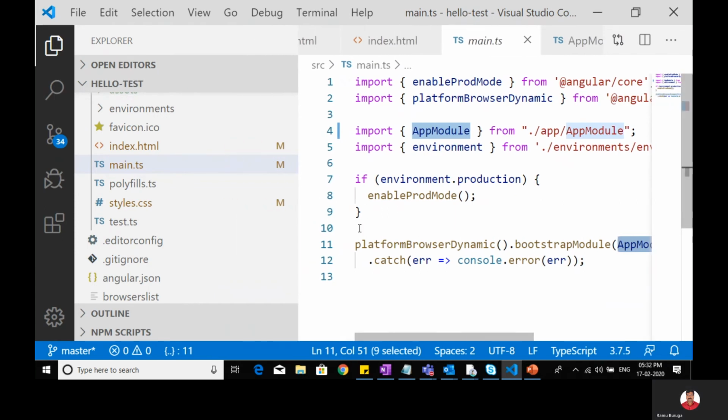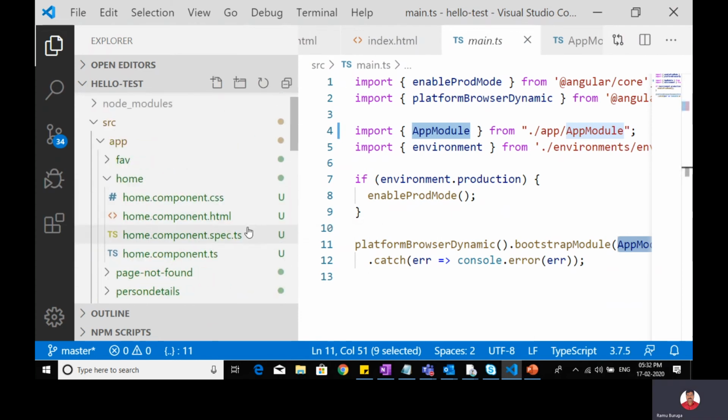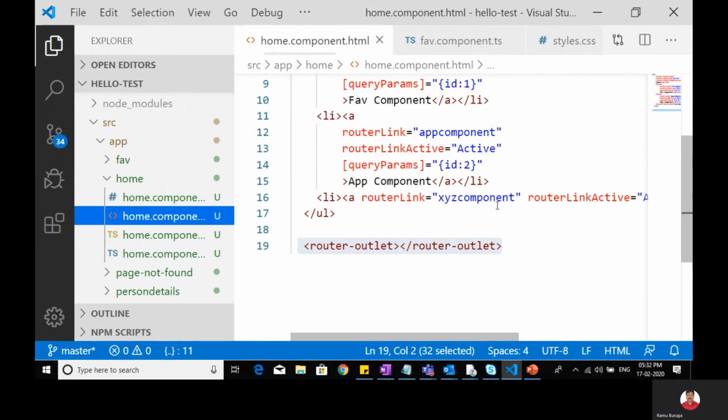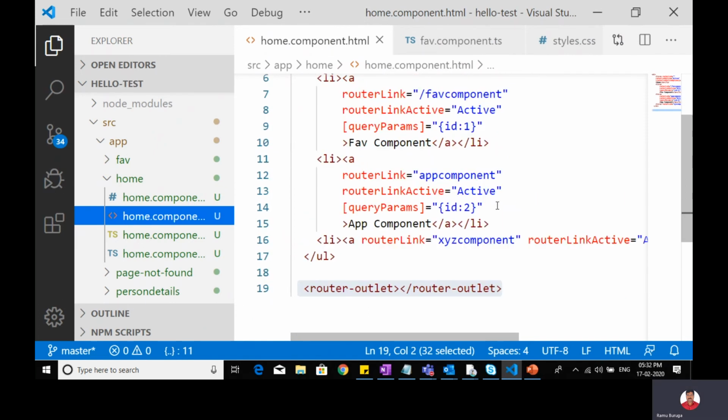Okay. Fine. This is clear. Okay. So this way we can implement routing.